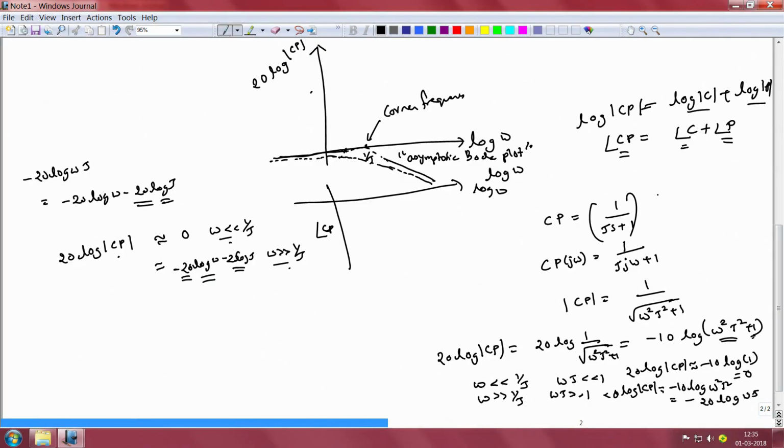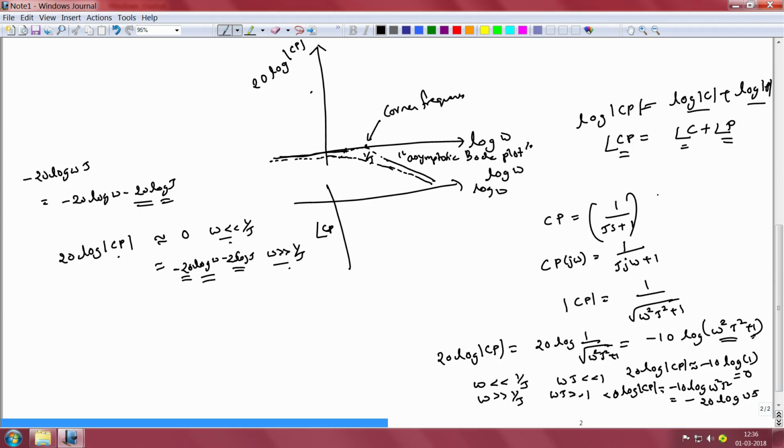So, the y axis of the magnitude plot is a logarithmic plot because it transforms the product to a sum. The x axis is a logarithmic plot because if we choose it to be so, then the Bode plot of the magnitude characteristic would be a set of straight lines. And the y axis of the angle plot is chosen to be the angle of just C times P, because the angle of a product of C and P is equal to the sum of the angles of C and P.